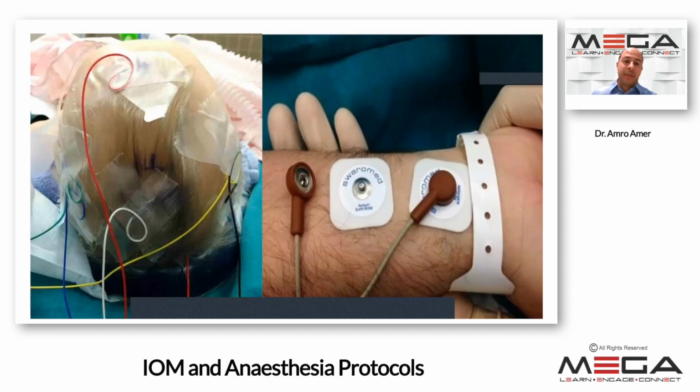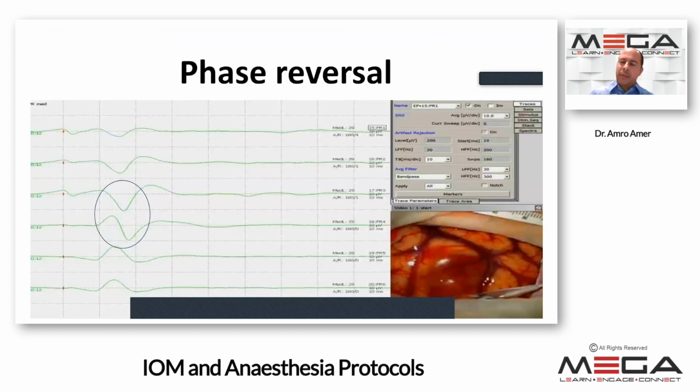So we stimulate peripherally. We record, as you can see, on the left of the head. SSEP is kind of the opposite way of stimulation and recording compared to the motor. Another way of doing SSEP is what's called phase reversal. We want to know exactly where the central sulcus is. It's the same concept: we stimulate the nerve peripherally, but we record directly. We put a direct strip on the cortex, hopefully looking for